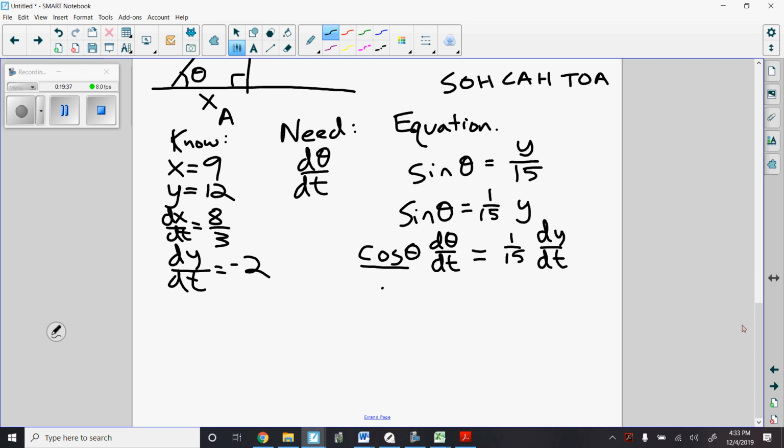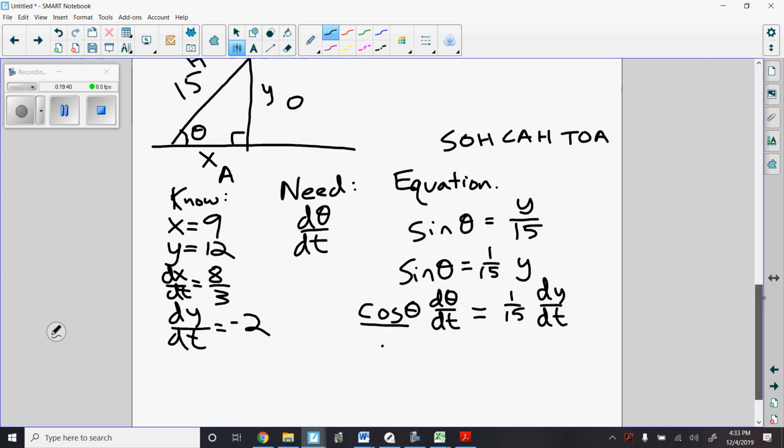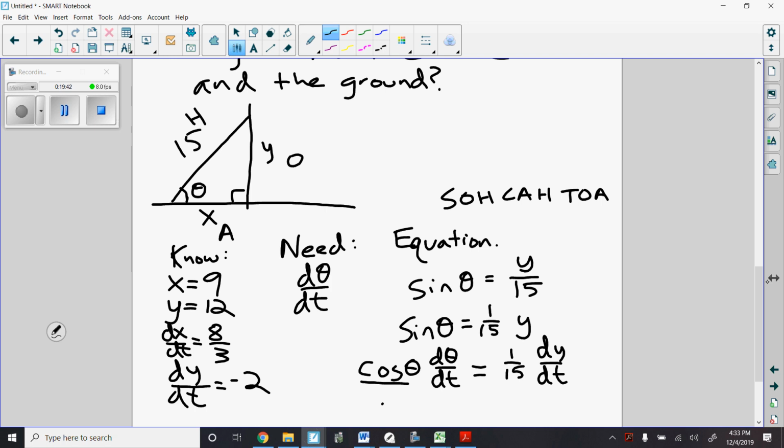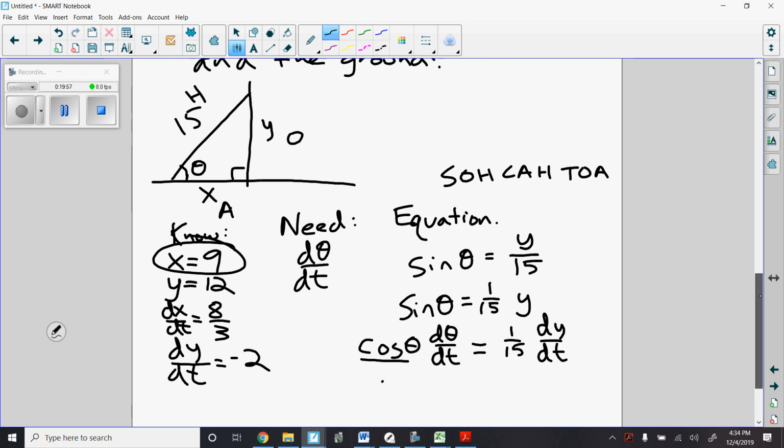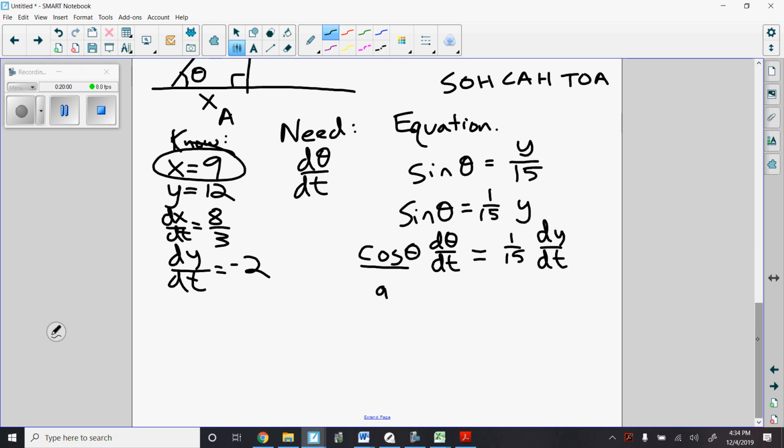Now is when we can solve cosine theta at that instant. Cosine theta is adjacent over hypotenuse. But at that instant, we know that x is equal to 9. So cosine theta will be 9 over 15. Okay. I couldn't plug in that 9 until I've already done my derivative. So what I get is 9/15 d theta dt